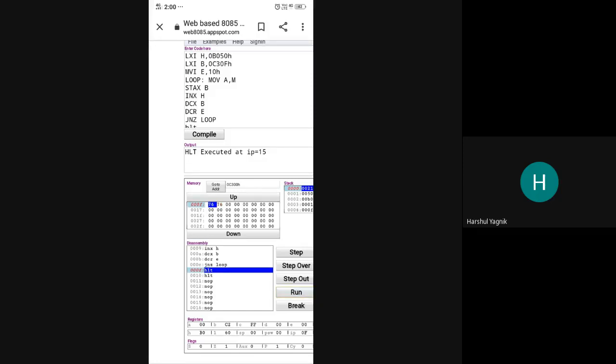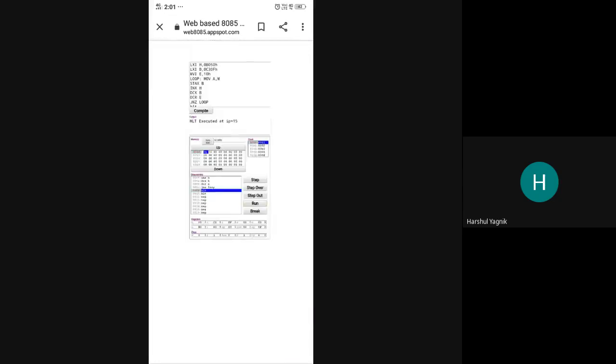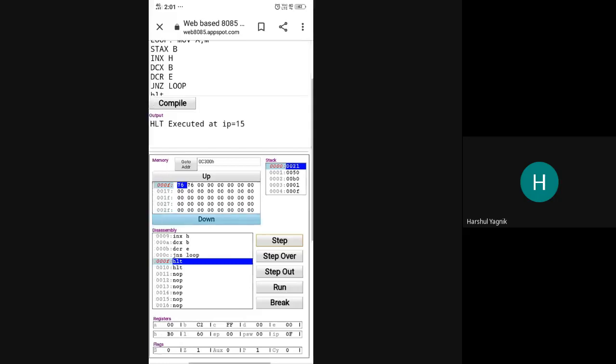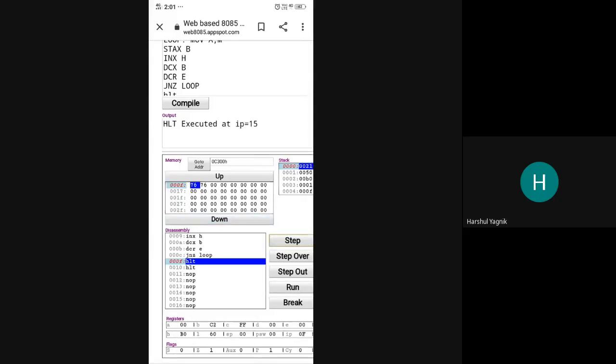Click go to address again. No, there is nothing over here. Try to use the tab function. Tab button is there. Finished compilation.